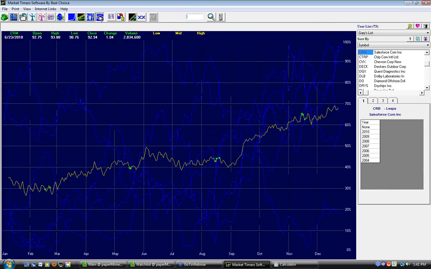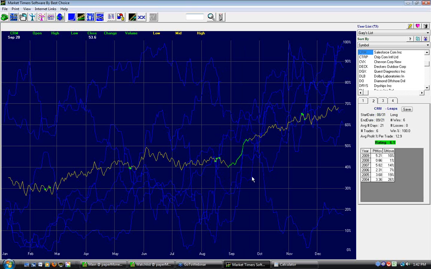So let's take a look at seasonally what happens with this thing. Remember, the blue lines are the historical price movement of every year on the stock. The yellow line is the composite average on everything. Remember, the green dots are the earnings releases. And this is an event that the consumer reacts to either positively or negatively. Whenever you snap on a seasonal chart, wherever you're looking, the software is always looking for one thing,